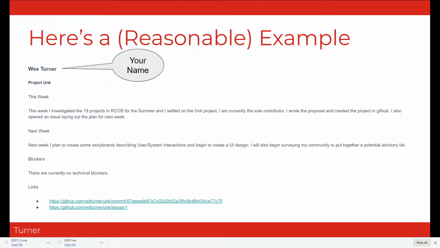So we want to be able to find out who you are, so we can correlate this. We can go out and talk to your project lead and say, hey, look, they said they're having this problem. Can you offer your assistance or something like that? So we want to know your name, and we want to know the project name, right? I don't remember who's on every project. I don't even remember what all the projects are from week to week in general.